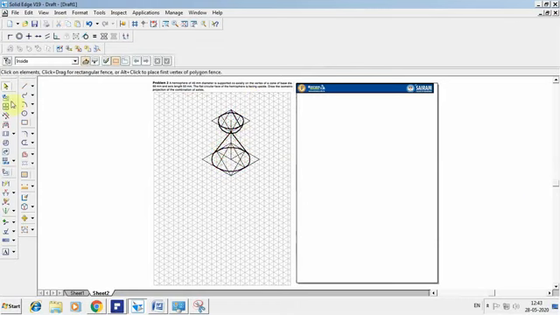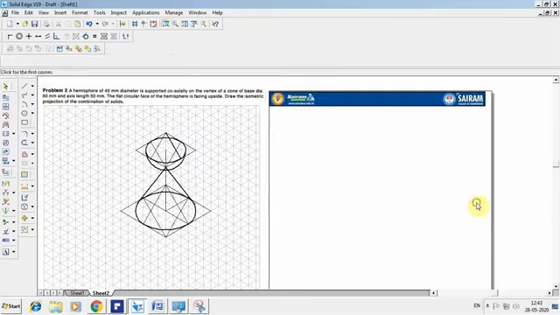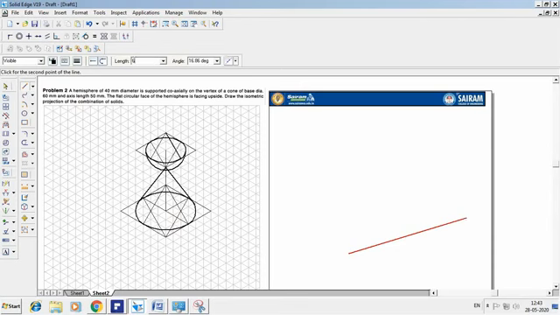So now the same problem, how you can solve in your Solid Edge software. So to create first cone, construct the circle. So 60 at an angle of 30, 60 at an angle of 150, 60 at an angle of minus 150, 60 at an angle of minus 30. So construct the circle.